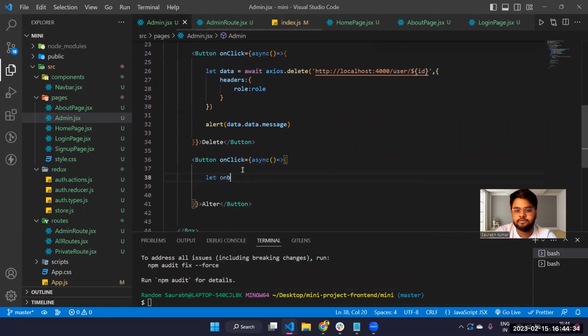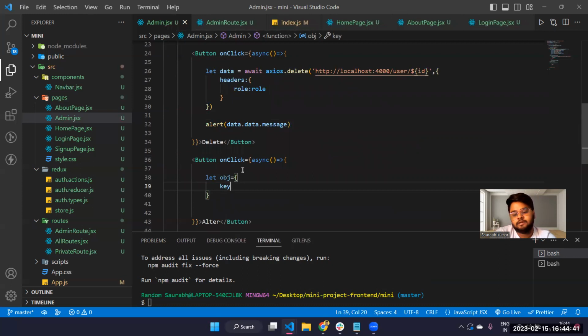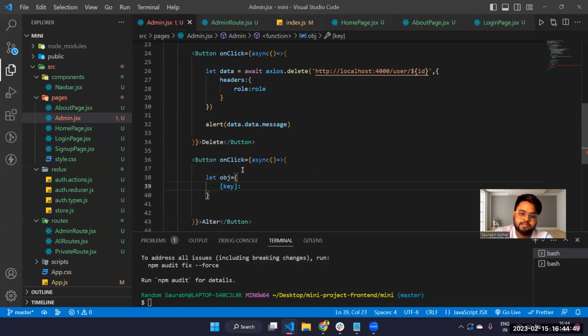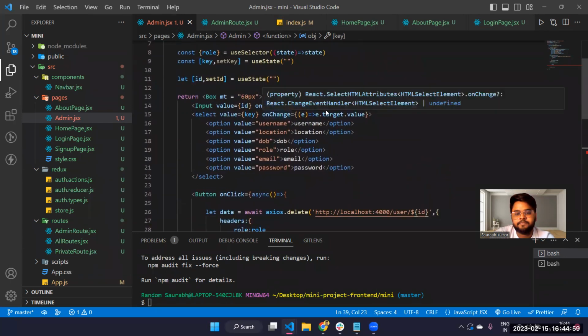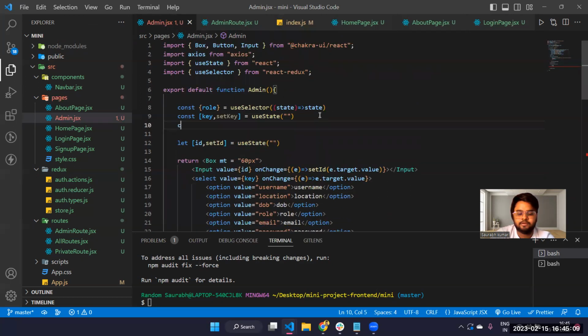So let object, and we will say key. Basically we are going to say key is like that, something like that. Key is this, and the data should be whatever the things we are going to change here in this. Yeah, we will need also input for changing the data. So let's say it will be const